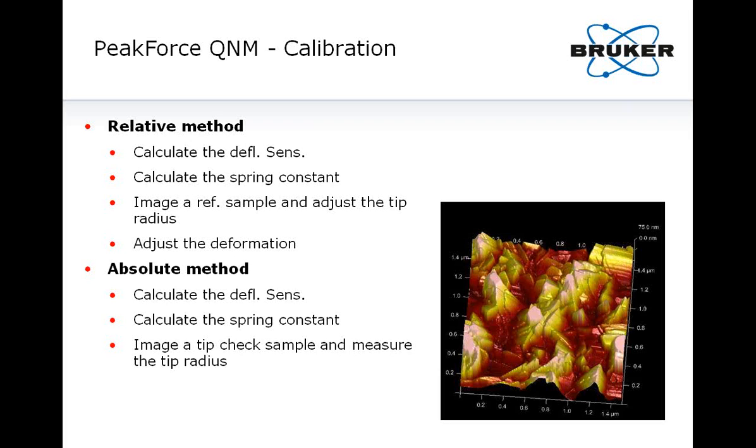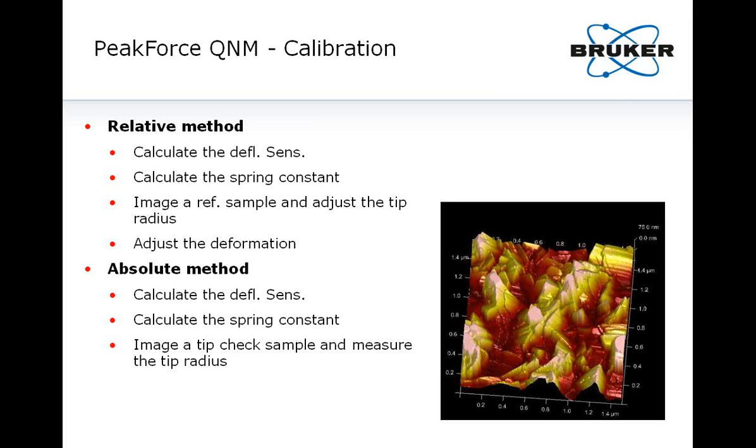You have a clickable button, or even better, if you want to be very accurate, by ramping, capturing a force curve, selecting the right linear segment on the image, and then clicking Update Deflection Sensitivity, which will be in nanometers per volt. Then you have to withdraw and calculate the spring constant in Newton per meter. This can be done automatically by using thermotune, which is a kind of sweep on the range of frequencies. So you will find the main peak,